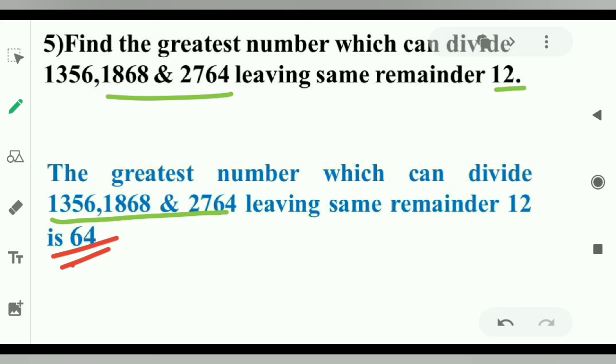Second, in this example problem, what we have seen, if in the question it has been asked to find the greatest number which divides all the three numbers, leaving the same remainder, then what we have to do? Very first step, find the difference between first number and the remainder, second number and the remainder, and the difference between the third number and the remainder. Second step, find the HCF of all the three differences. Third step, HCF is nothing but the greatest number which is dividing all the given numbers, leaving the given remainder.